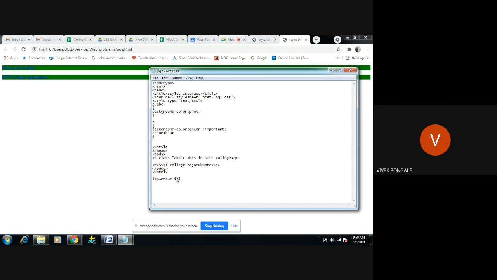Next is inline. Next is selectors, that is class selector, ID selector, then inline, external style sheet, then internal style sheet. Like that there is some precedence.